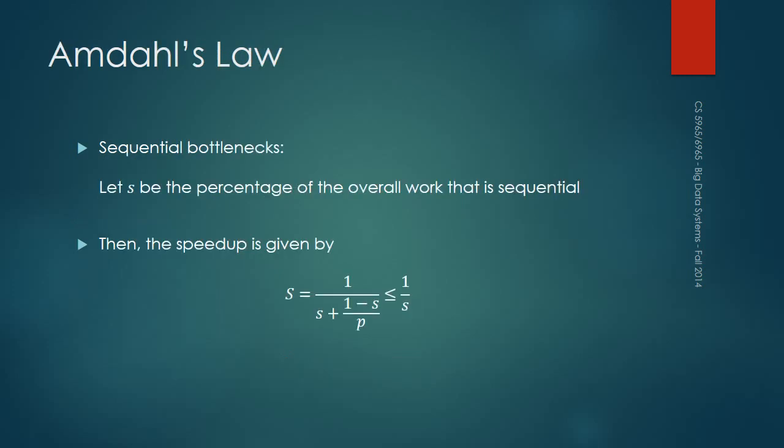Now, this is Amdahl's law. You probably have heard about it: when you take a particular algorithm and you want to parallelize it, there are sequential bottlenecks. There are parts of the algorithm which are inherently sequential, right? And the percentage of the overall work which is sequential is going to vary depending on what you want to do. This is again something that you should consider at the planning phase, depending on your problem. There is a speed up where, if you are given the percentage which is sequential, it's given by this.